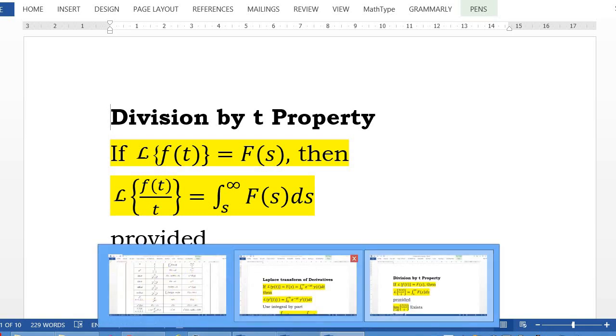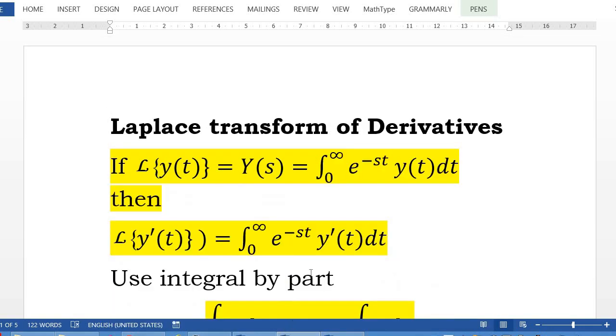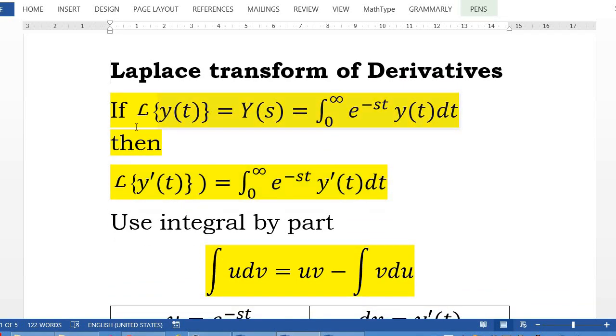Now we are going to learn the Laplace transform of derivative. If the Laplace transform for y(t) is equal to Y(s), by definition of Laplace transform, the Laplace transform for y(t) is equal to the integral of e^(-st) y(t) dt from 0 to positive infinity. Then, the Laplace transform for the first derivative y'(t)